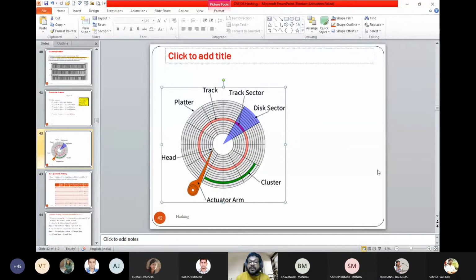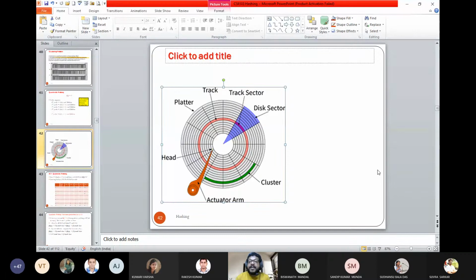So this is first: every surface has got a read-write head. These read-write heads are not like the heads of a gramophone disc. It is a floating head. It works on the principle of magnetic flux or a charge type of device. Whenever the power goes out, the head crashes onto the disk surface. Maybe we have a fixed landing zone where the head has to rest. Okay, now you look into that.